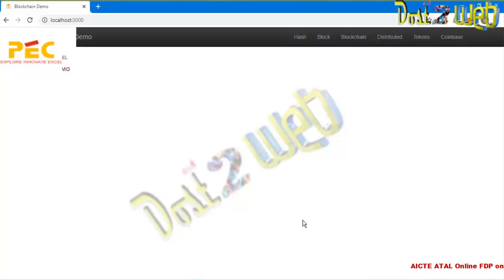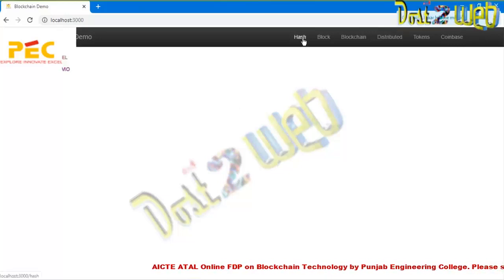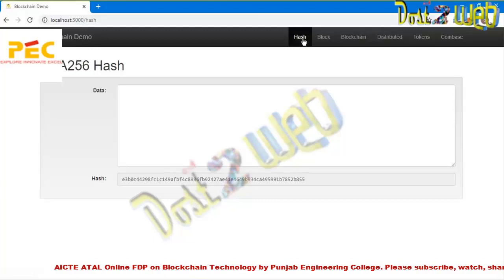The motive of the next 10 to 15 minute session is to visualize what is hash, blocks, block structure, and what is basically a blockchain, how actually blockchain works. So before looking at what is actually a block or a blockchain, let's understand what is a hash. As ma'am has already told, hash is basically the heart of any cryptographic concept.